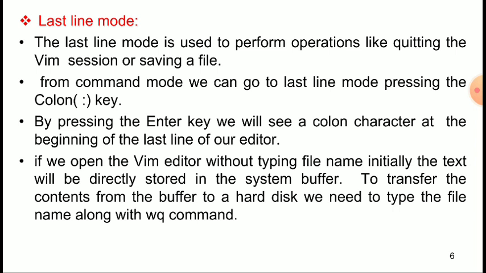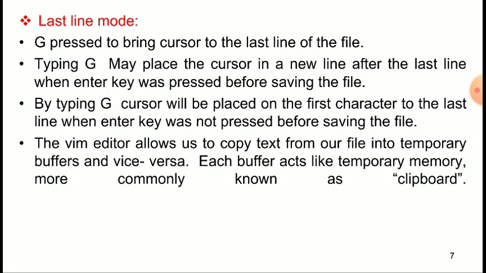So that is last line mode, and next is G, pressed to bring the cursor to the last line of the file. Typing G may place the cursor in a new line after the last line when the enter key was pressed before saving the file.